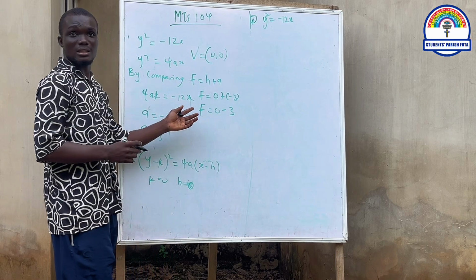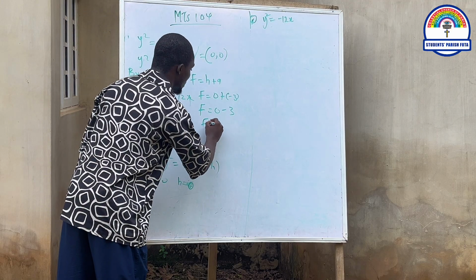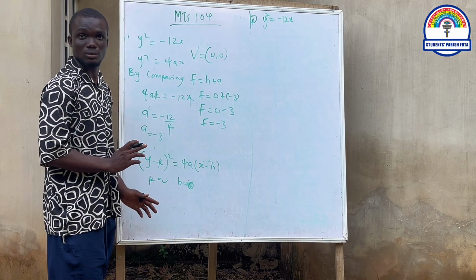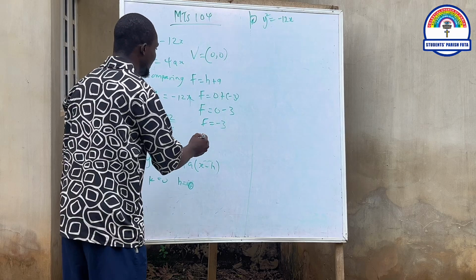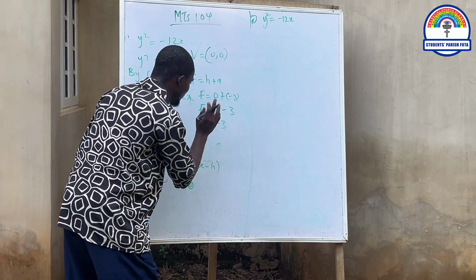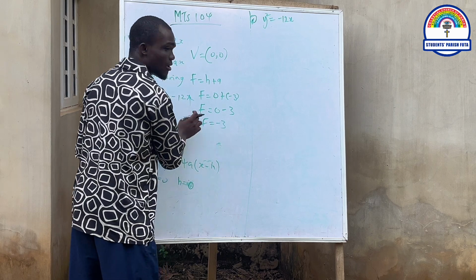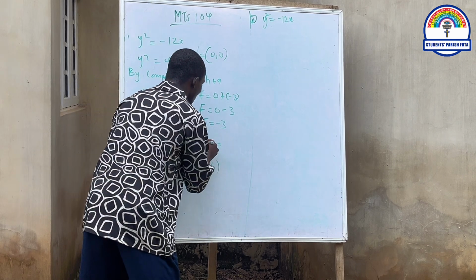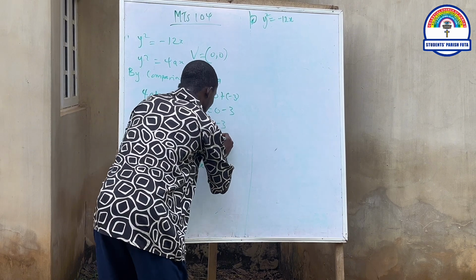F is equal to what? That's 0 minus 3. So it means our focus is equal to minus 3. Do you understand? So now to get our directrix, but before then, let us write our focus in the proper manner. Our focus is